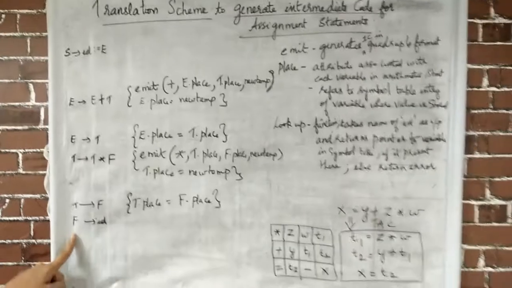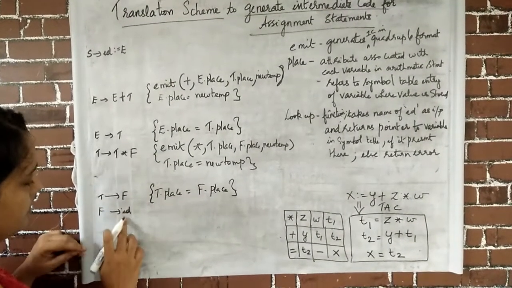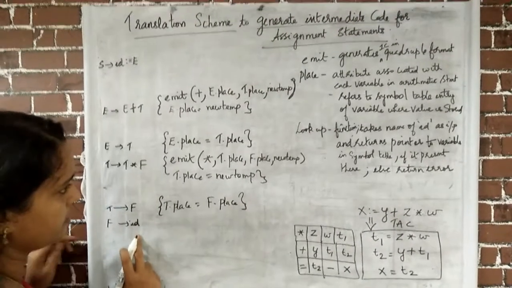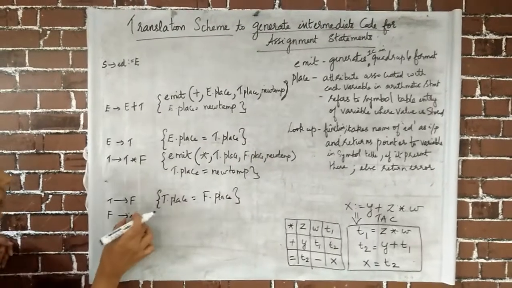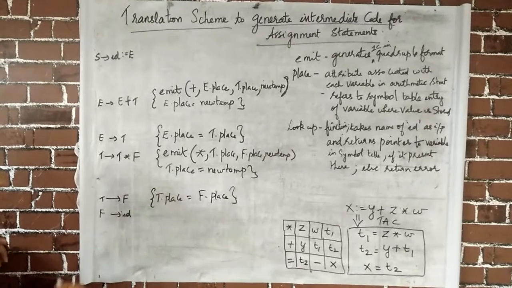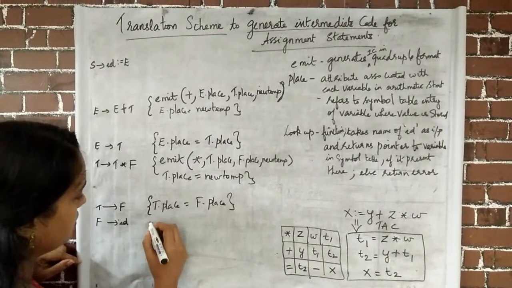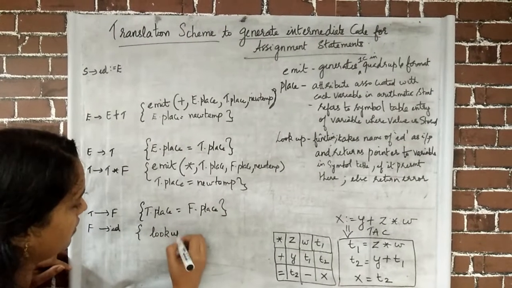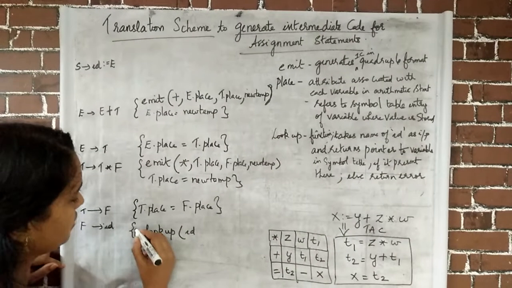Now let us write the three address code for the translation scheme for this production rule. So here you can see that id is involved. Whenever id is involved, you have to use a function known as lookup. First, we have to check whether an identifier named some x, y, z, etc. is present in the symbol table. For that, we have to use the function lookup. So we will look up the id. It has to return a pointer.